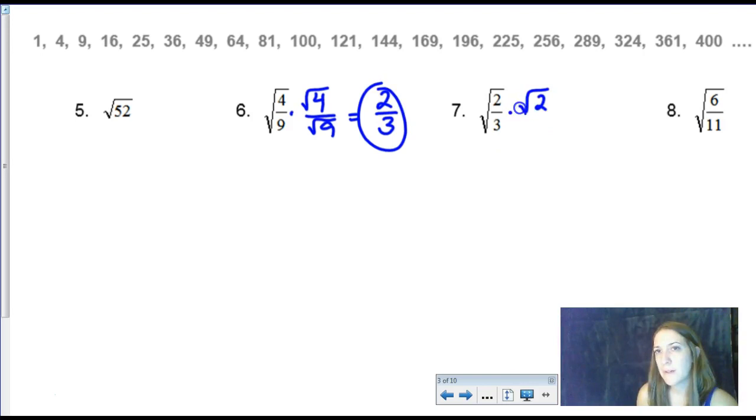Similarly here, we have square root of 2 over square root of 3. Now, unfortunately for us, square root of 2 doesn't simplify, and really unfortunate is square root of 3 doesn't simplify. And then there's some weird rule out there that states you can't have a radical in the denominator. So the way we, quote, got rid of it is we rationalize the denominator, the word,